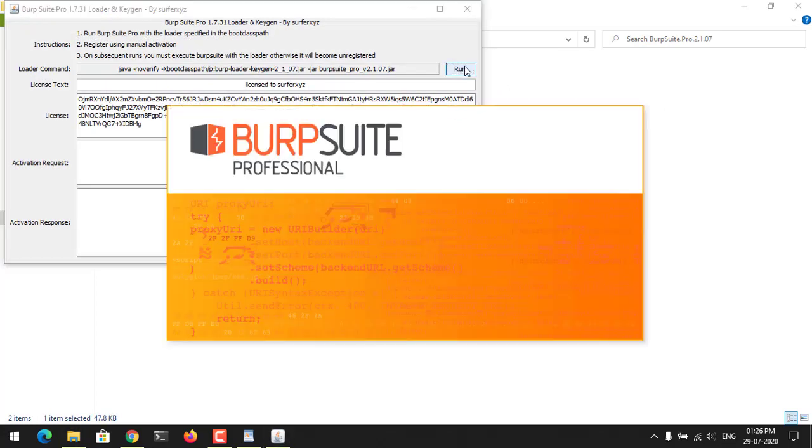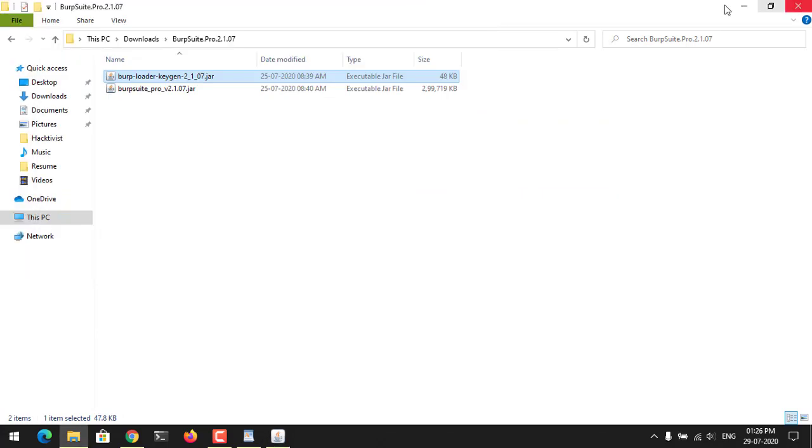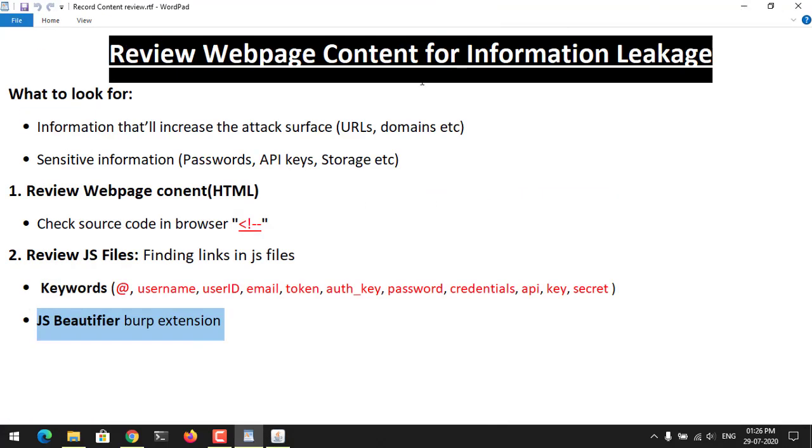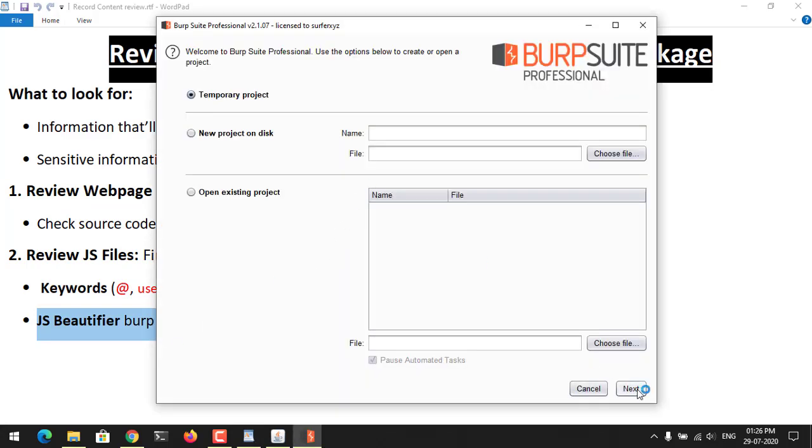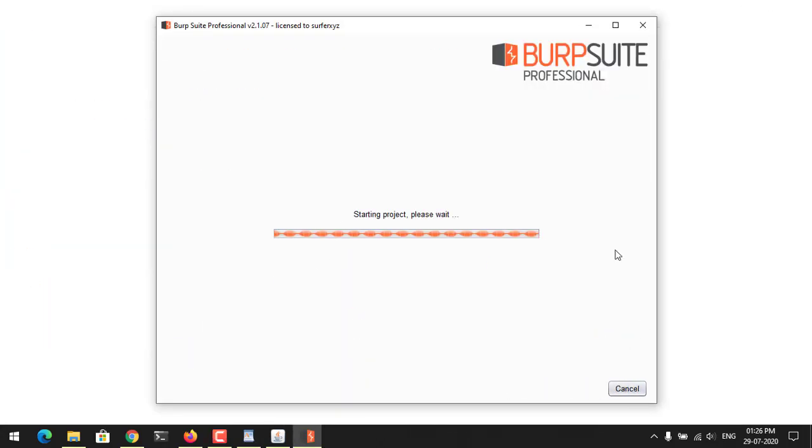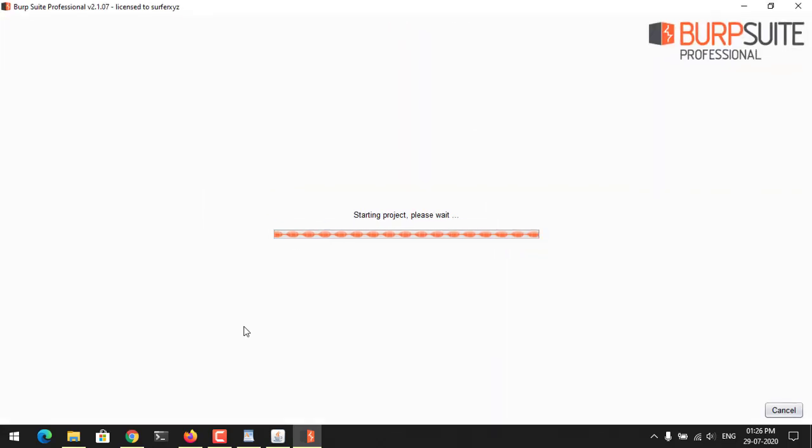So this is a cracked version of Burp. Let it open. And next, start Burp. We'll also need a browser. Okay, our browser is open.